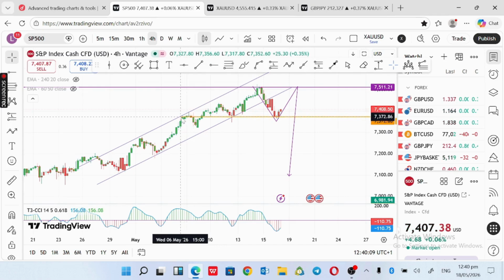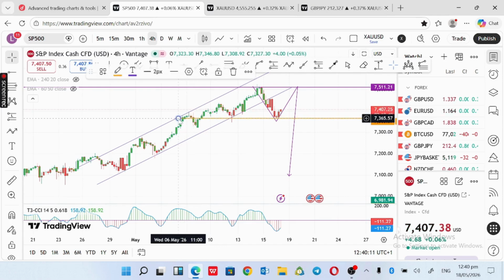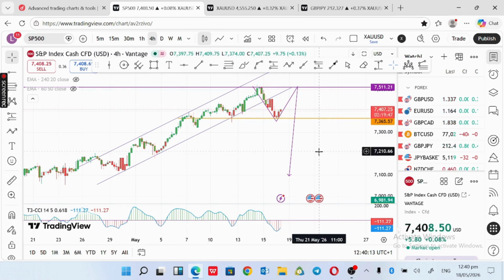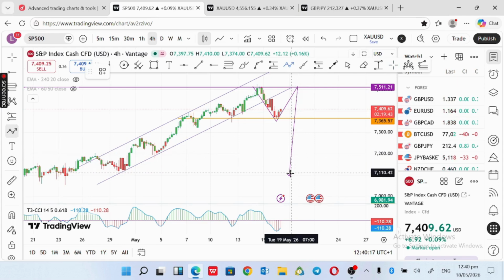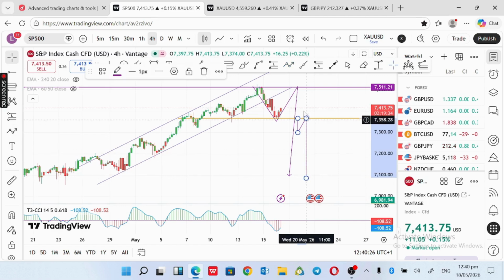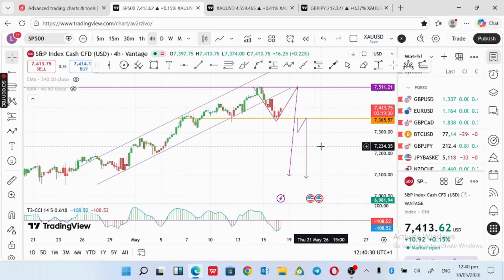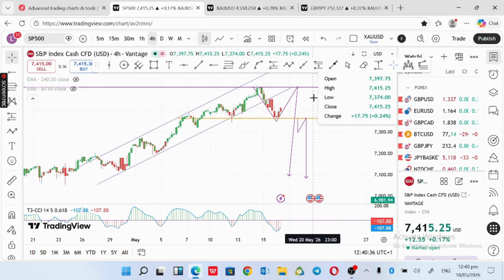This zone I'm marking. Let's say this is another entry. What we need to see at this zone is a breakout, possible retracement, then we enter for a sell. Those are the only two ways we can have a trade on this. Overall direction for now is a sell, except if this market takes